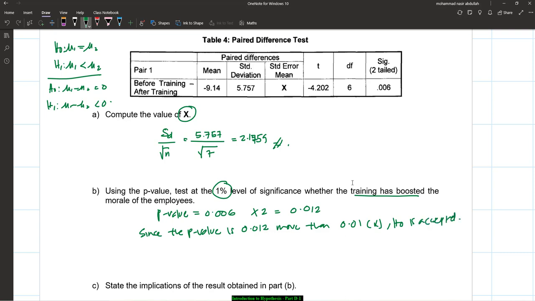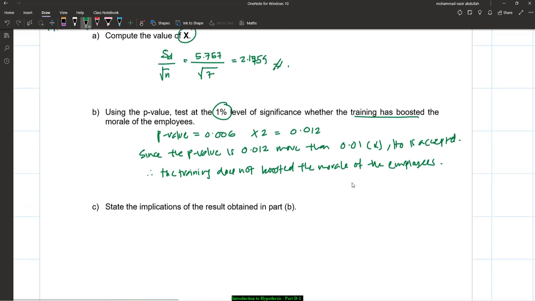So then we can say that the training does not boost the morale of the employees,